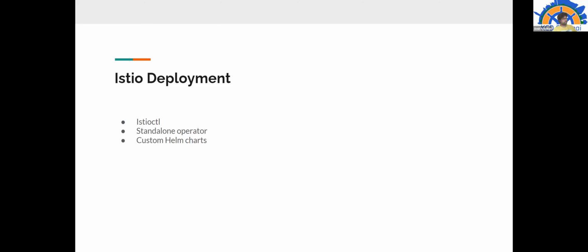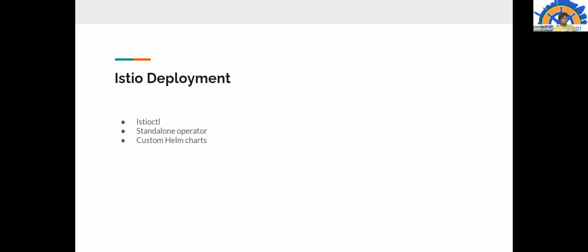For that matter, istioctl also supports this, but in my personal experience istioctl is mostly for demos and basic POC purposes. But I still believe the standalone operator is the best pick for a production grade environment. Now, custom Helm charts are a legacy way of deploying Istio.